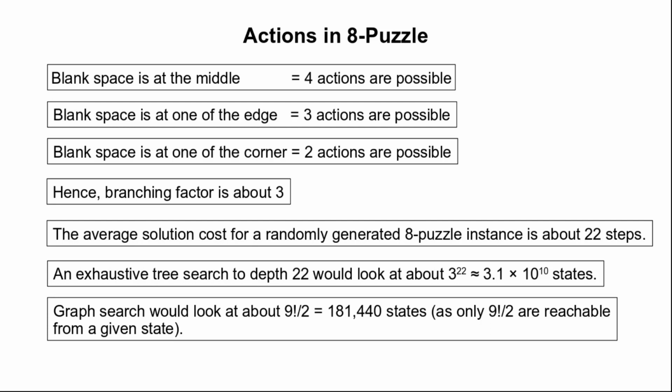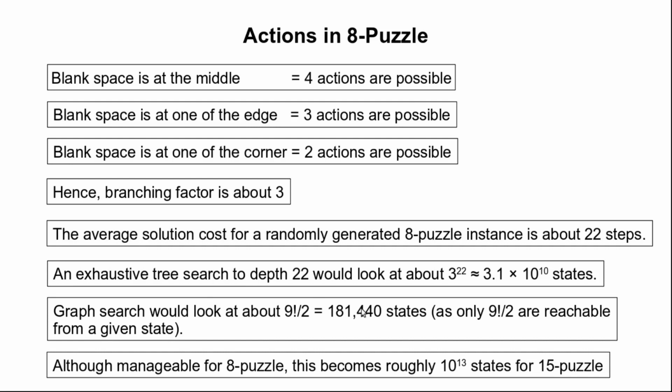So in graph search we don't allow repeated nodes, hence compared to the tree search we will need to look at less number of nodes, and for the 8 puzzle game, in case of a graph search we may need to generate 181,440 states. This is not a very large number, and the uninformed algorithms may be able to solve the problem,